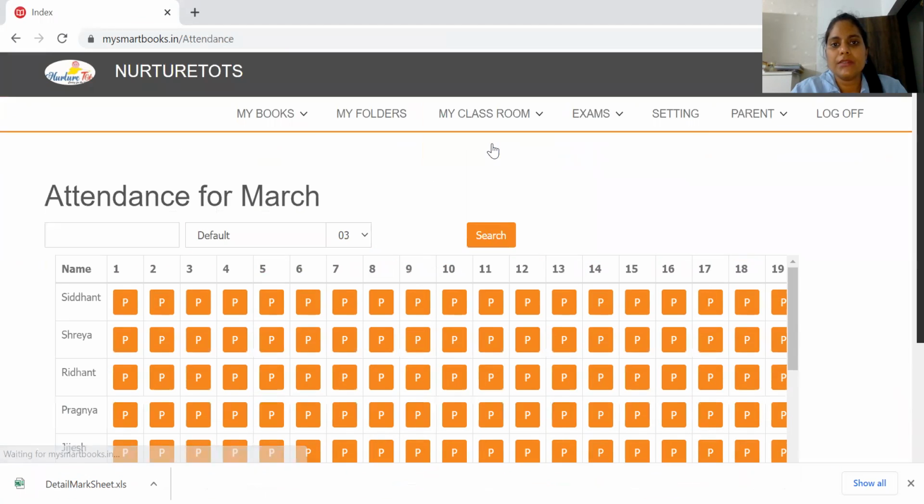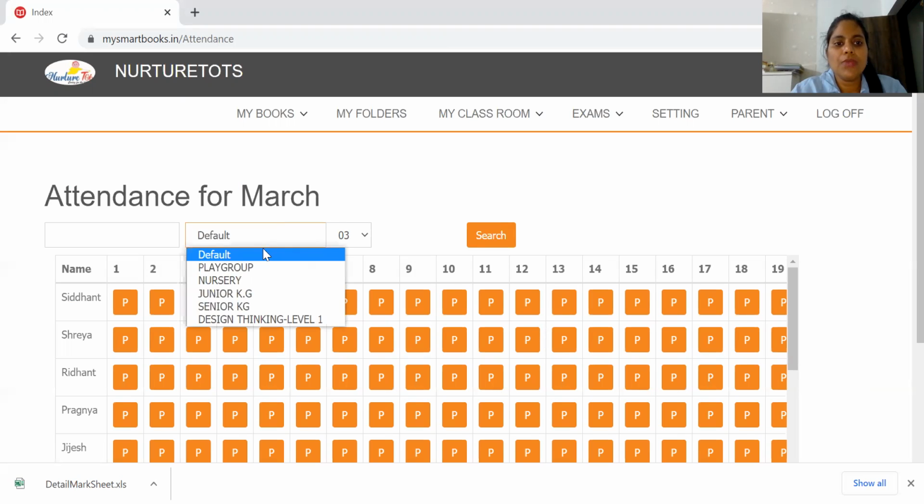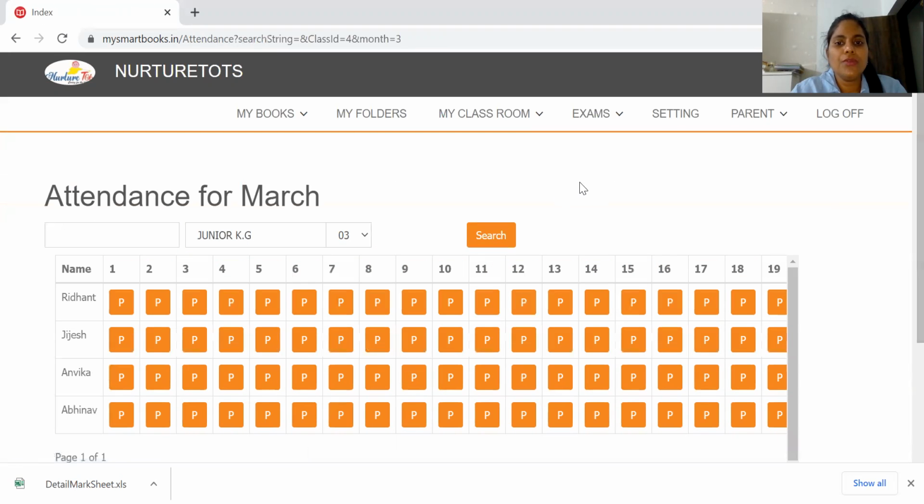One is attendance. Based on the kids that you have in your school, and based on the class, you can check the kids, like search. You will be able to see the kids' attendance here, and by default it is marked as present, so you can mark the child as absent in that class on that particular day.